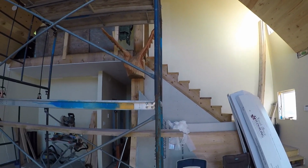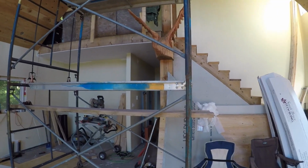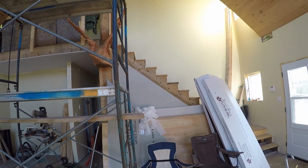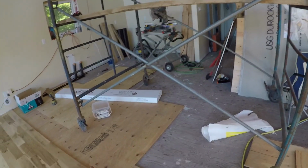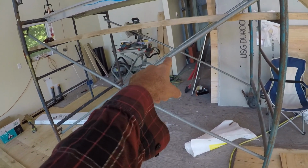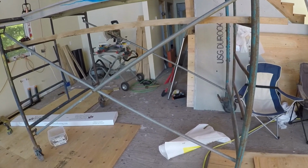So I think that'll take me all of like 30 minutes to get that done, and then I can disassemble the scaffolding and move it out of the house for the day, or permanently. And then I can do a quick sweeping and continue on with the floor. I hope by the end of the day today to have all these sections cut in and have the floor up to where the wall is there. So then starting on